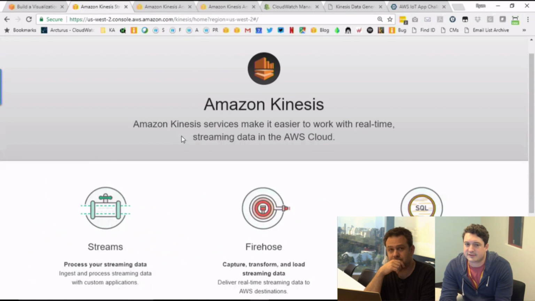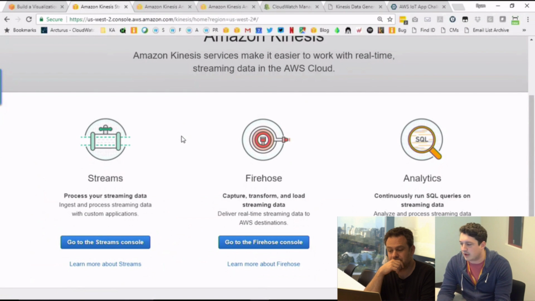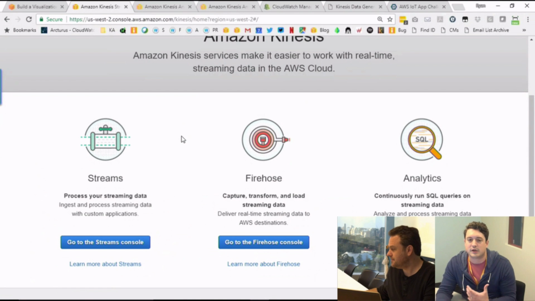Kinesis has a set of services. Amazon Kinesis Streams allows you to build custom applications and ingest data at a very high volume. Amazon Kinesis Firehose's primary purpose is to both ingest high volumes of streaming data as well as load it into a specific destination. So in a very simple solution, if all you're trying to do is get sensors from point A to an S3 bucket or an Elasticsearch cluster, Firehose really fits the bill because it's very easy to set up, and we'll walk through that. You can do things like transformations before the data arrives, and it's a very good way to get data from point A to point B quickly, cheaply, and efficiently.